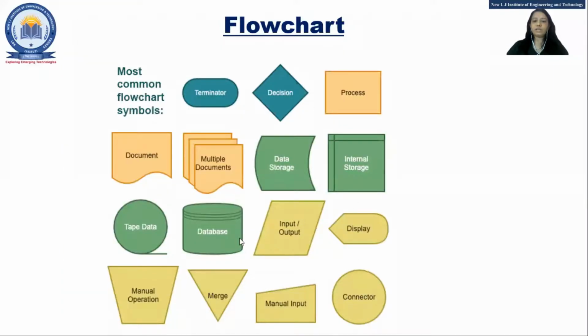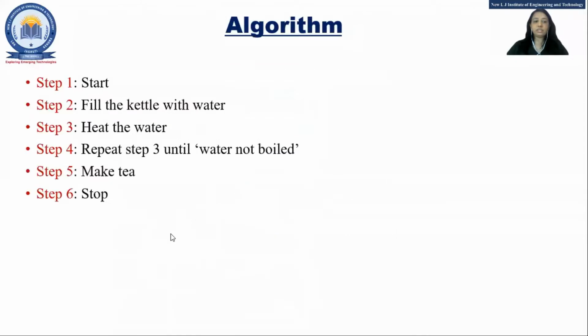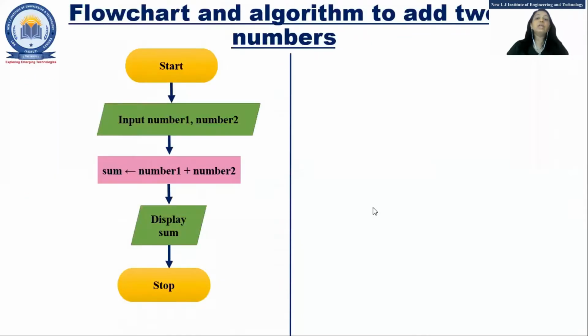These symbols we are not going to use all. This is just for your reference. So we have seen the flowchart and algorithm for a real problem. That means for addition of two numbers we have seen. So what is the thing? Just input, output, that means display, and the other one is the process in between. Mainly whenever any problem is there, there are three statements, or we can say three ways, and they are input, output, and processing. This is the main thing, right?